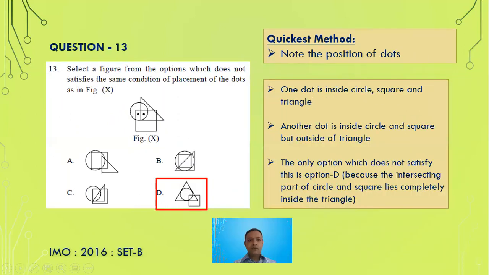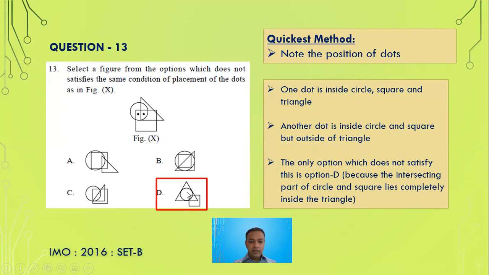Okay. Select a figure from the options which does not satisfy the same condition of placement of dots. So again, does not satisfy, isn't it? So what is the condition of the dots? So let's find the condition of the dots. One dot is within the circle, within the triangle, and also within the square. This dot is within the circle, it is within the triangle, within the square. But this dot is within the circle and the square, but outside of the triangle. The only option which does not satisfy is option D, because one circle is outside of the triangle, but also inside of the square and